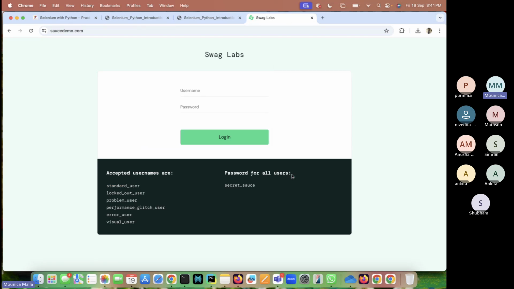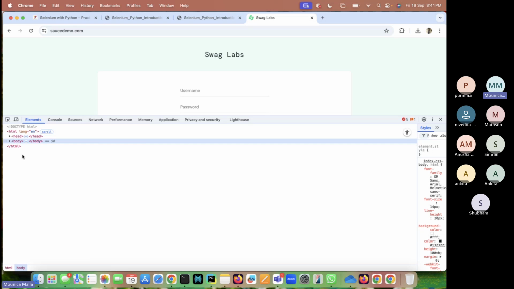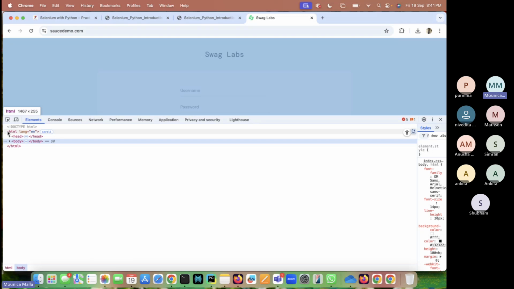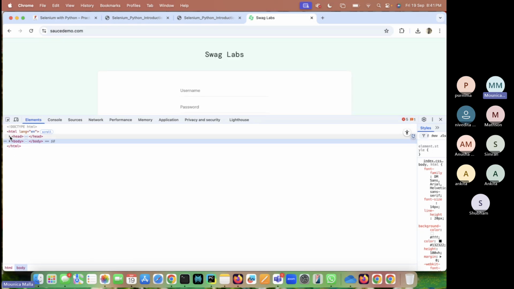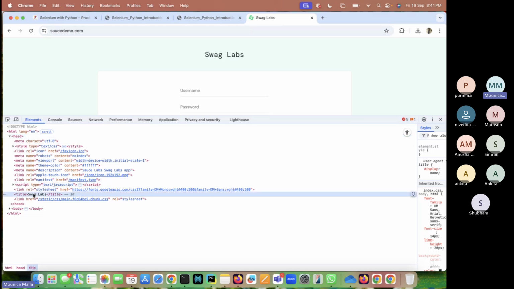If you see here, this is the DOM structure. How we can read it with the naked eye, not like this. First of all, the DOM structure should be HTML. Inside this HTML, there should be head and body. Head is like, if you see inside this, we won't bother much about this. Only we have to check for this title. Whenever we log into the application, we have to verify whether we are able to log in or not,